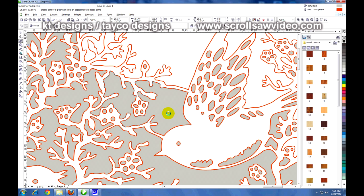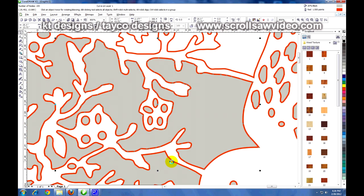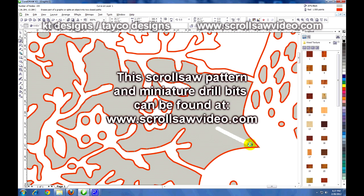I'm going to zoom in just a little bit closer. Okay, zoomed in a little bit closer. And you'll see my little circle, which is going to represent the scroll saw blade. So I'm going to start going in this direction, and I'm going to follow the outside of this line. And I'm doing this pretty quick just to give you a general idea of what's going on with this pattern. Following the outside of this line,